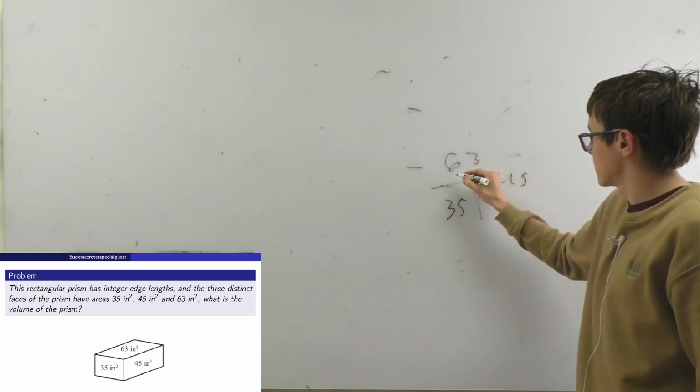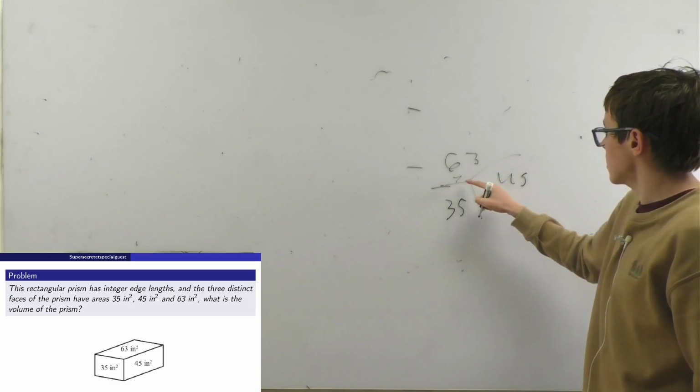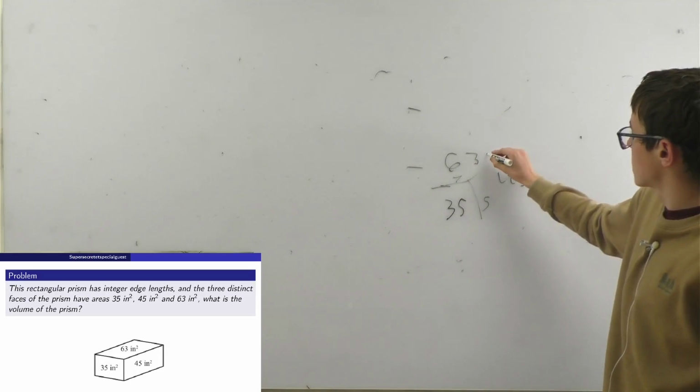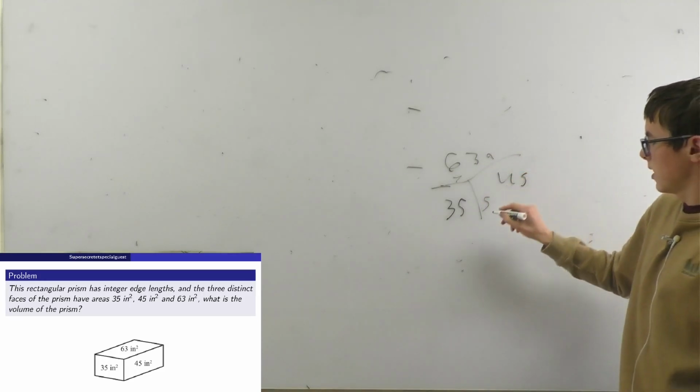So we know this has to be 7 or 5. Has to be 7 because that's by 5. So this has to be 7, 5. This over 7 is 9, and that works for that too. So the edge lengths are 7, 9, and 5. Multiply them together to get